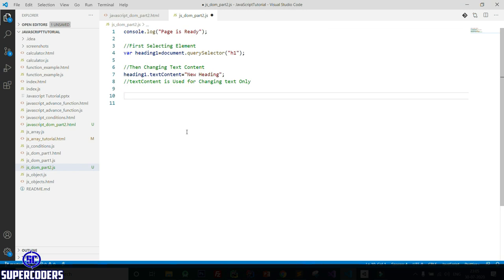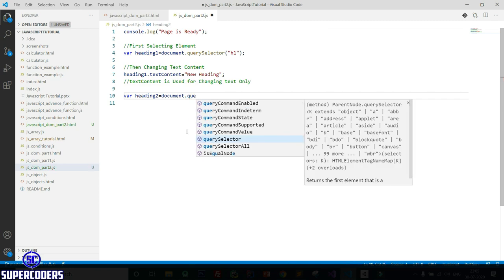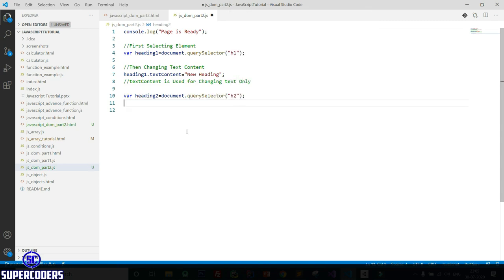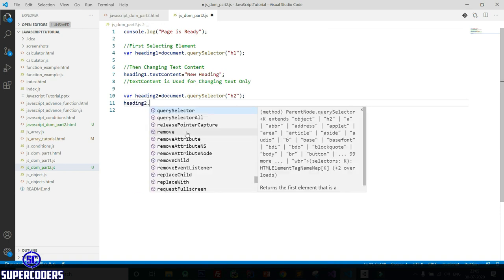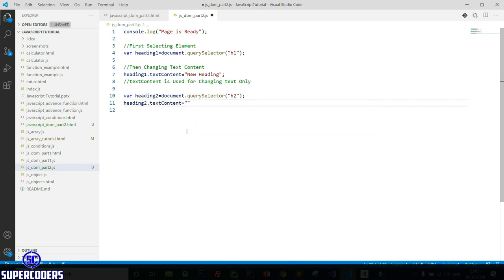Again selecting another element, so var heading2 equal to document dot querySelector, then pass h2, then changing heading2 dot textContent equal to b, which is bold, new heading with bold tag, but it will work as plain text.